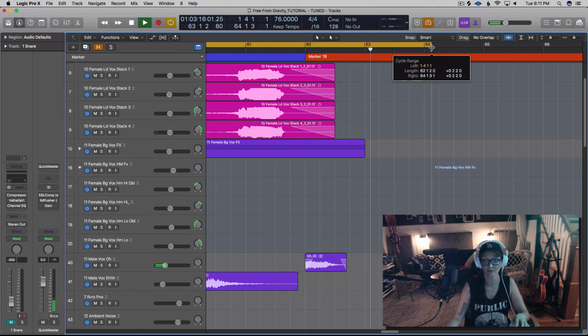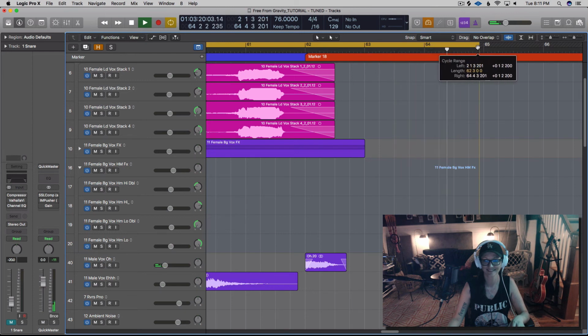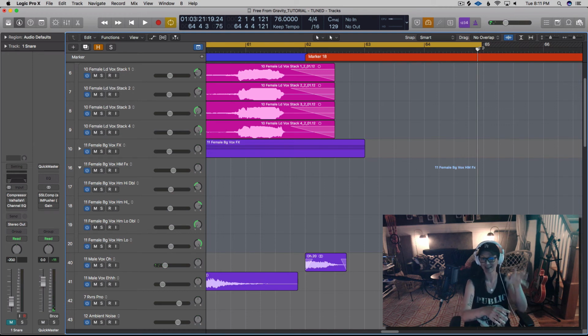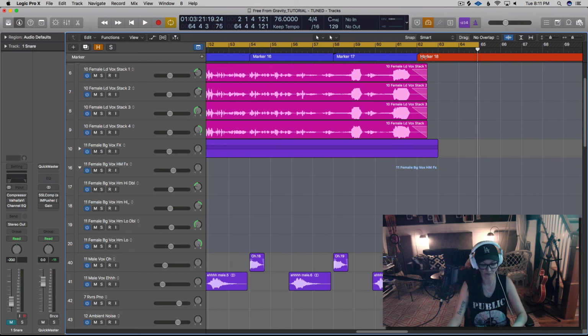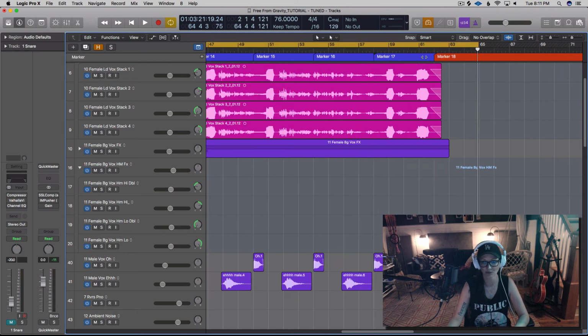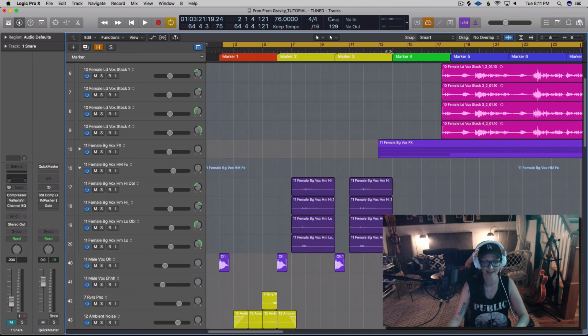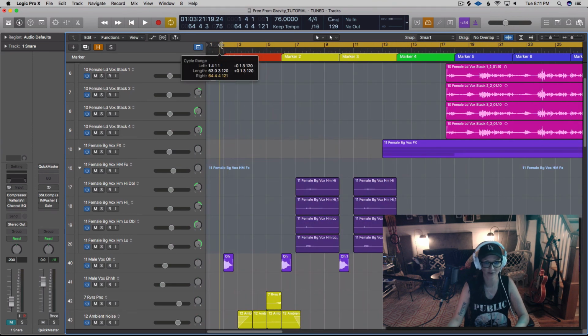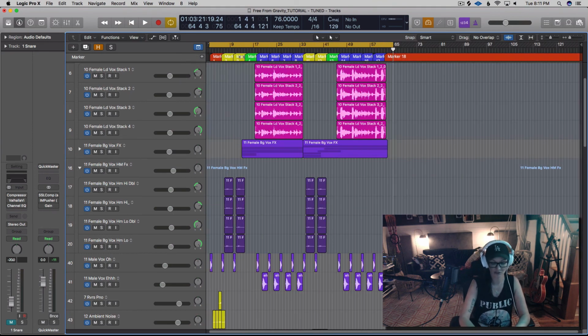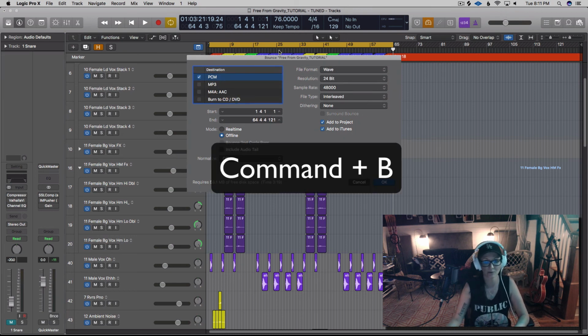Make sure you catch the end of the tail if there's any reverb or delay at the end of the track. Another way to get your cycle to go on and off is by pushing C. So once you've engaged it, you can just push C to make it go away. And I think I actually grabbed it and dragged it a little bit, so I'm just going to drag it back out here. Great. So now we're going to push Command B, and that's how we're going to bounce this